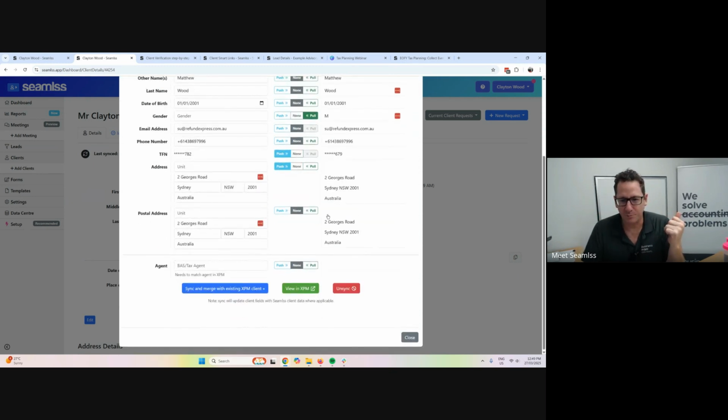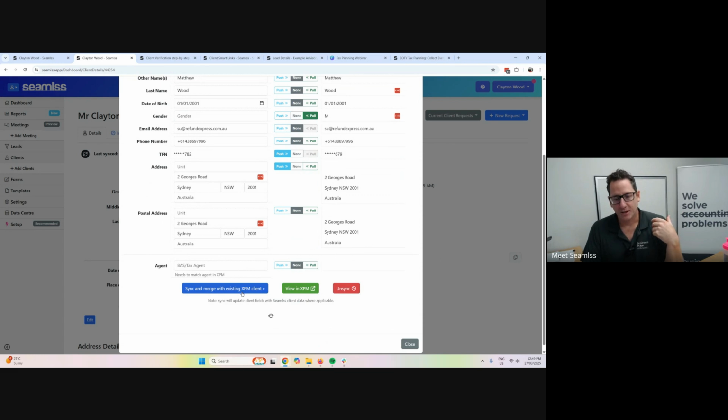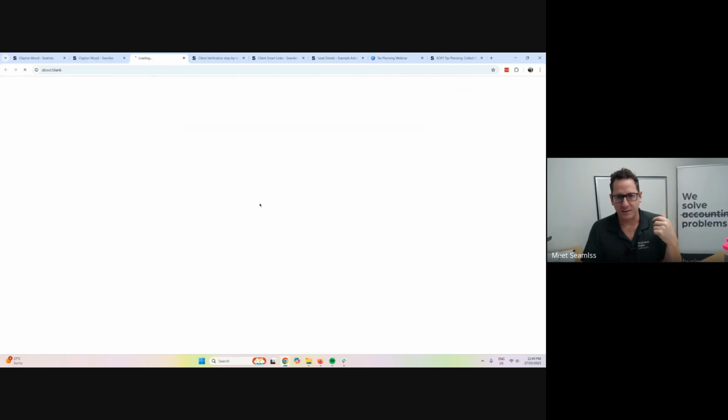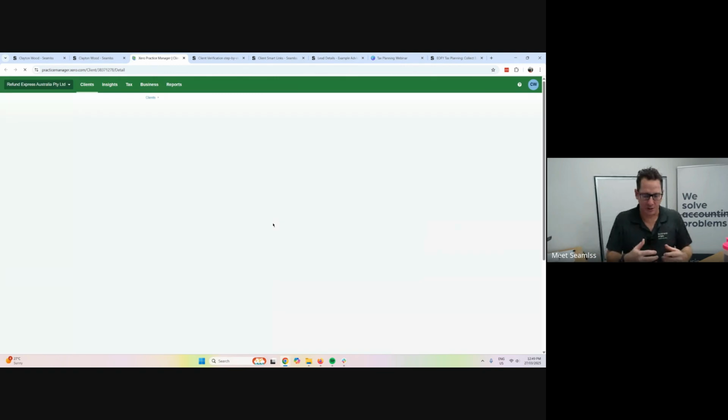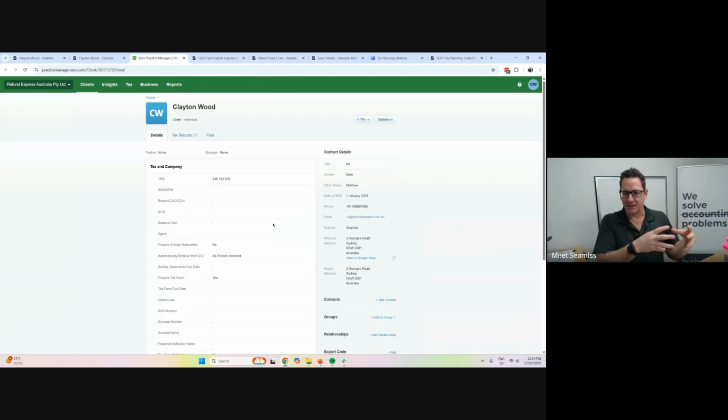So here it is, push, pull, sync and merge. That sync took all of 2 seconds. If I was onboarding a new client, my admin team has done this in the background. So by the time they've booked in, admin has verified them, added them to the portal, pushed them to XPM, created